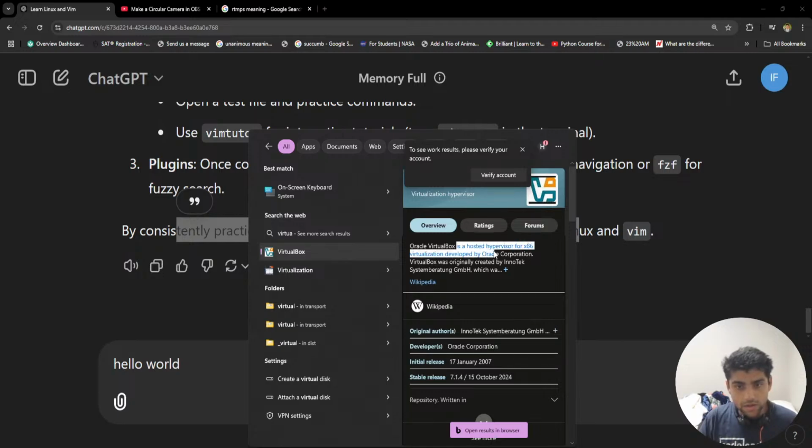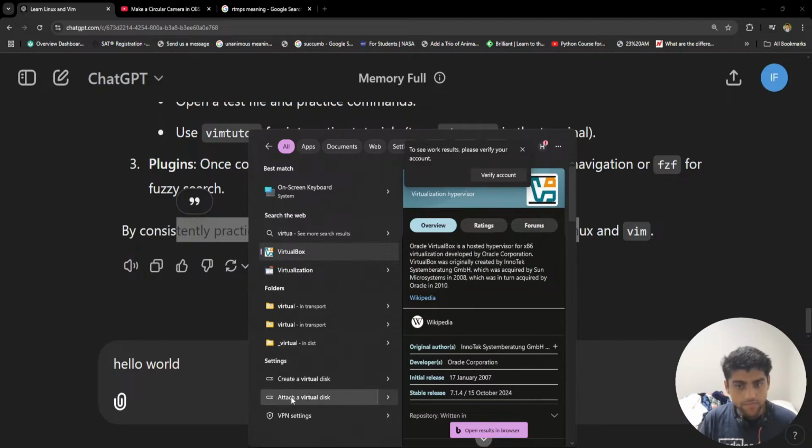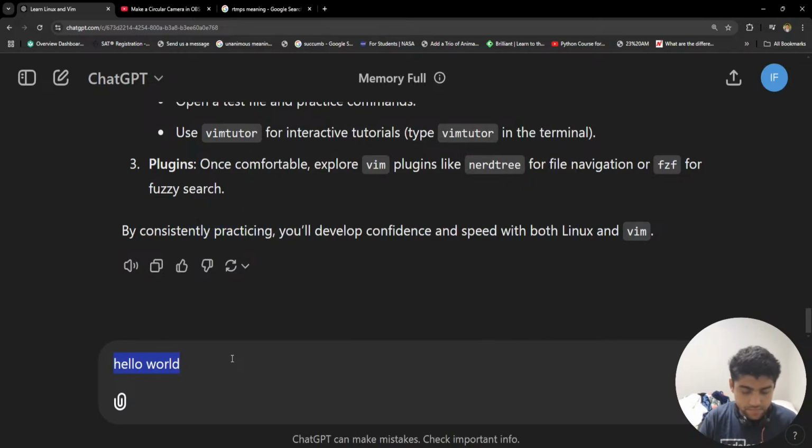Oracle VirtualBox is a hosted hypervisor for x86 virtualization developed by Oracle Corporation. VirtualBox was originally created by Innotek GmbH. Okay. Anyways,